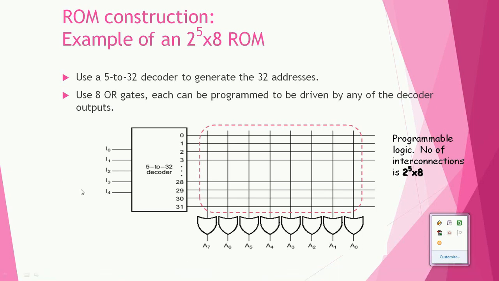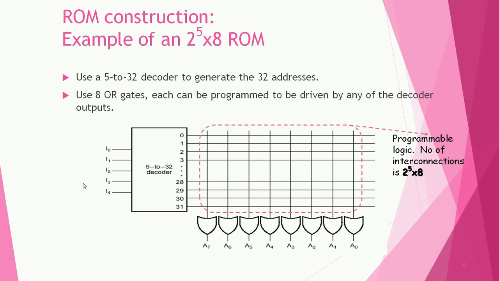As shown in this diagram, we used a 5 to 32 decoder. So 5 input lines, which we can call address lines, are used to map 32 memory locations. So here at the input you will observe I0 to I4 are the address lines, and the output of the 32-bit decoder can be used as locations. So at the output there are 8 bits, because everywhere we can store 8-bit data, and we can read the data as shown.